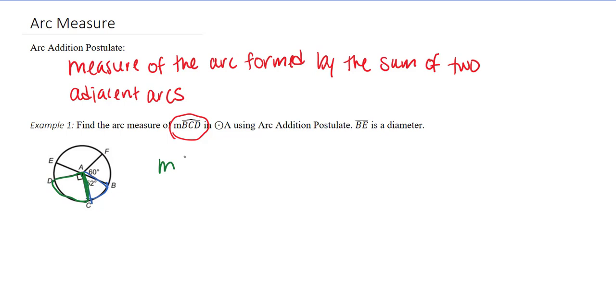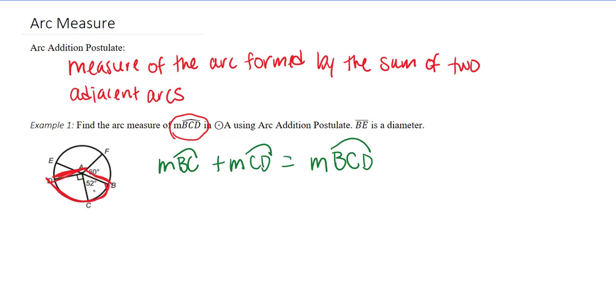So we have the arc BC plus the arc of CD, which makes up this larger arc of BCD. So these two smaller arcs make up this larger arc here. So let's now plug in our numbers. So what do we know? Well, if we were to erase this a little bit,